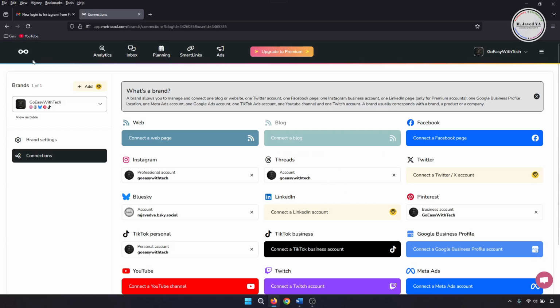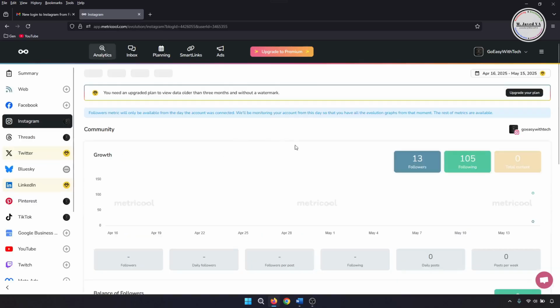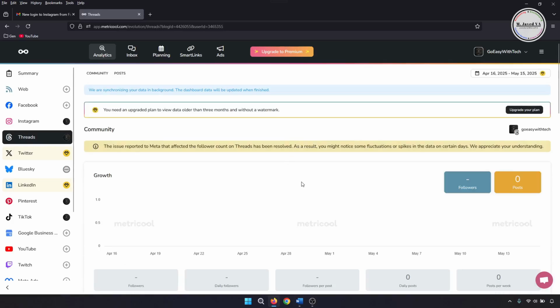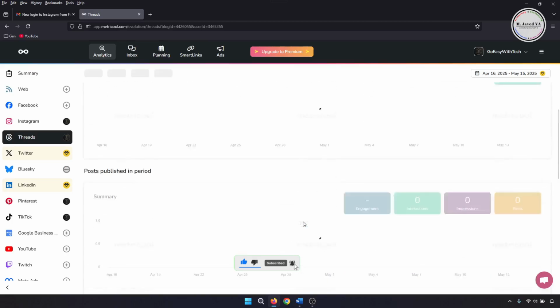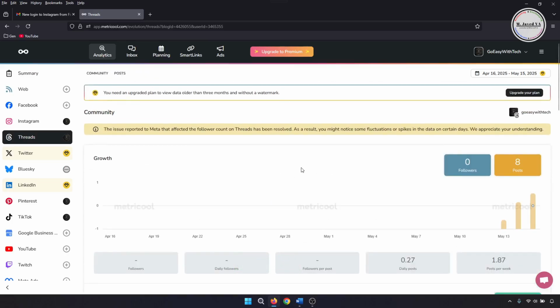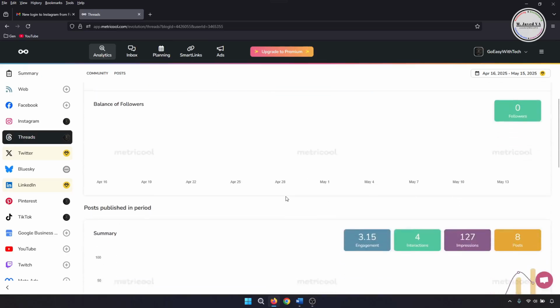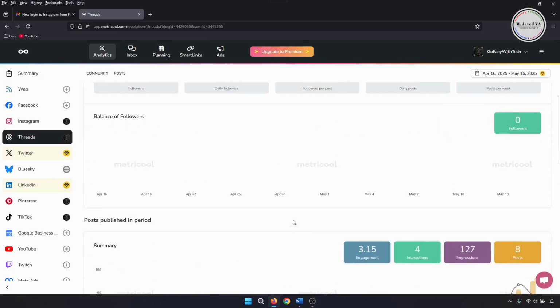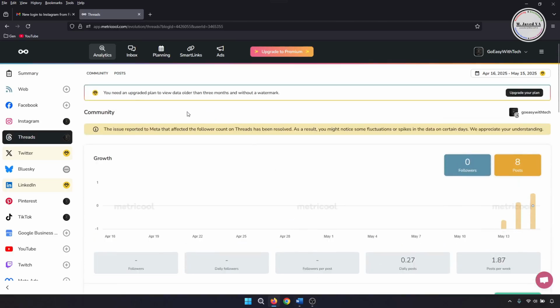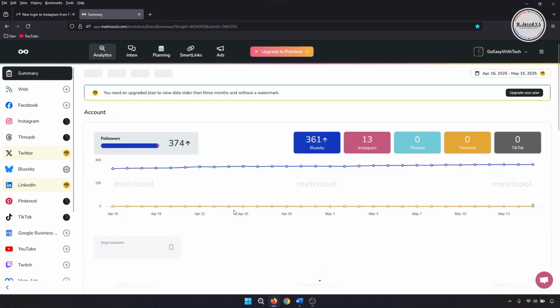And when you go back to the Threads section on the main page, here you will be able to see the stats regarding Threads. And it's just updated the current stats of my Threads account. Anyhow, with the free Metricool account, you will be able to see the stats for 3 months without watermark. And this is how you can connect your Threads account with